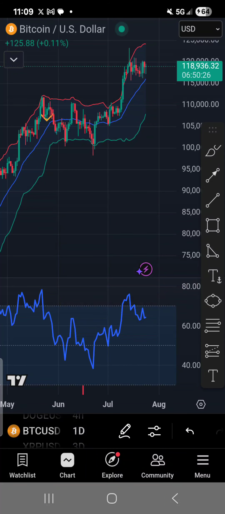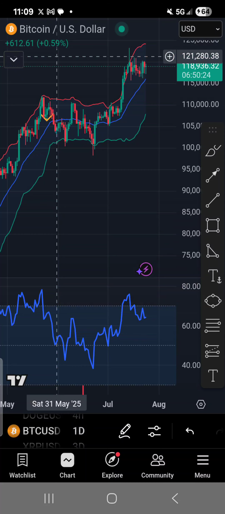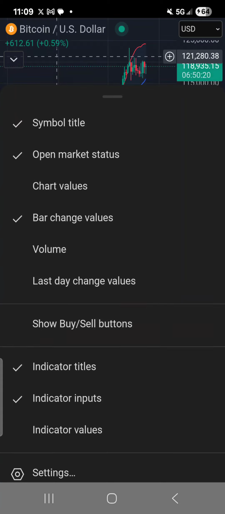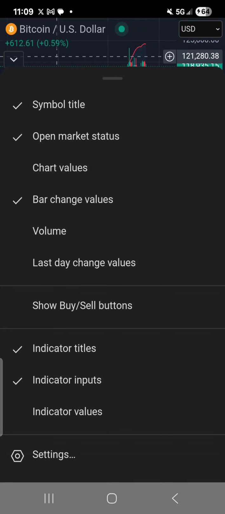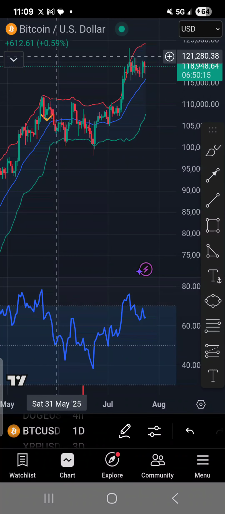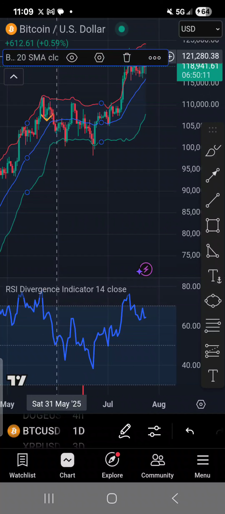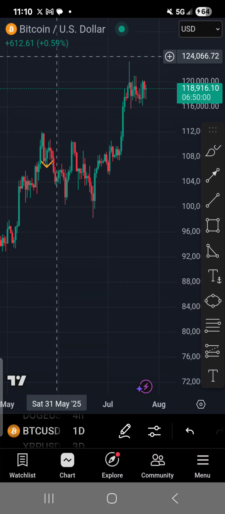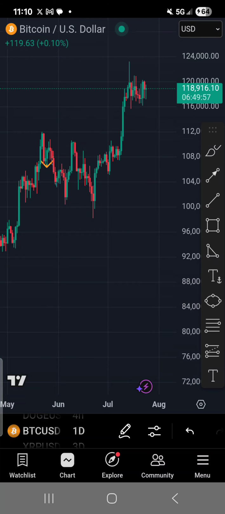At the top left, if you have a buy and sell button, just hold it down. It'll pop up with this, and you'll just want to deselect this show buy and sell button. Then there's a little arrow at this top left, and that'll show all the indicators that are on your screen. So you might have 3 of them. You're just going to tap each one of them and click the trash can. And we got another indicator down here. I'm just going to click it and then click the trash can. All right, and now we have a nice naked chart